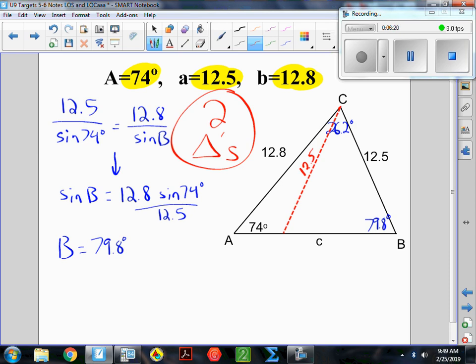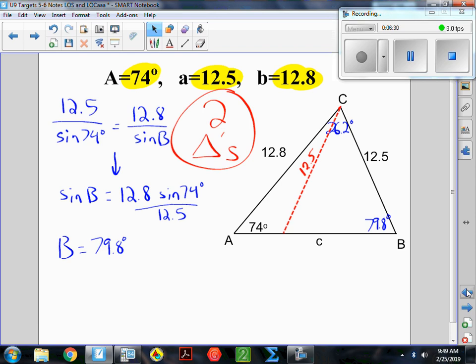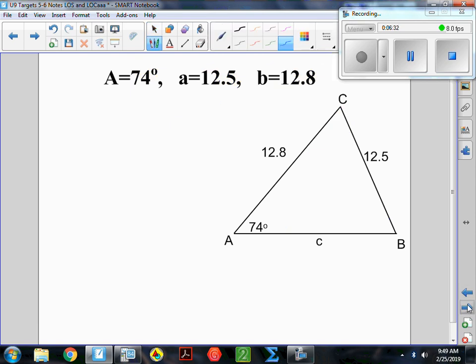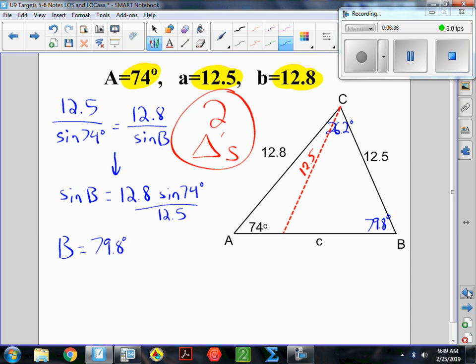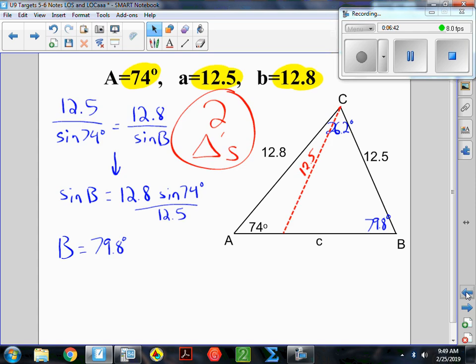So I have this original triangle that I saw with A, C, and B. Let's see if I copied that. I did. So this is the original triangle, A, C, and B. And I found that B was 79.8 degrees. And then we also found that C was 26.2 degrees. But what I'm demonstrating right now is that this side length in red, I'm going to make a little note to where it intersects. Okay, this 12.5,